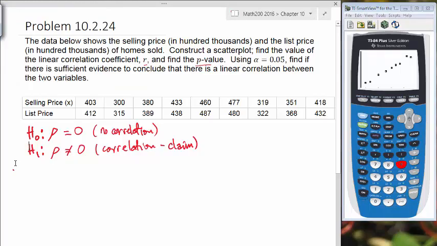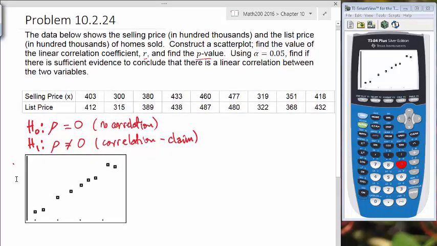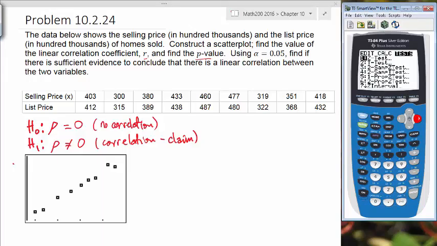So here is our scatter plot. Now what we want is to find our correlation coefficient and our p-value. So we can do that in our lin-reg t-test. Let's go to stat, test, and instead of scrolling down, I'm going to scroll up since I know it's pretty close to the bottom and this kind of loops around. So I'm going to look for lin-reg t-test here. I'll hit enter,